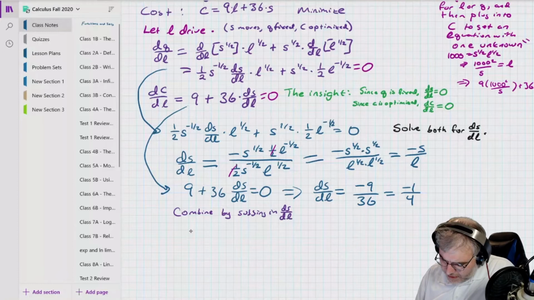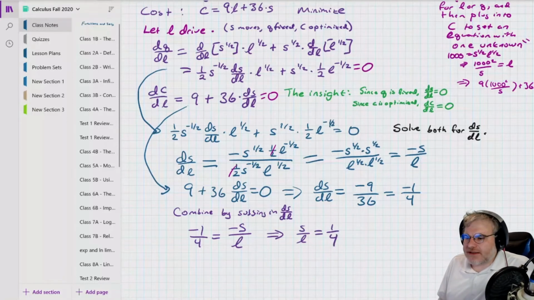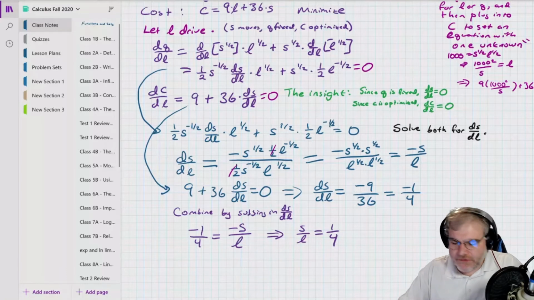I get negative 1 over 4 equals negative S over L, which implies that S over L equals 1 over 4. So what does that mean? So this means right now that when optimized,